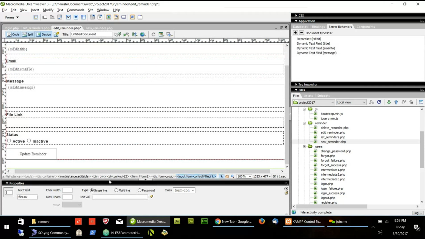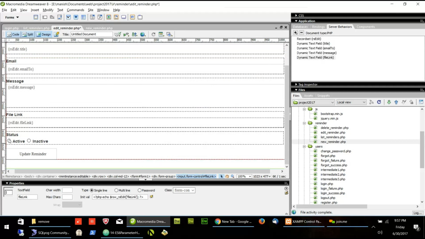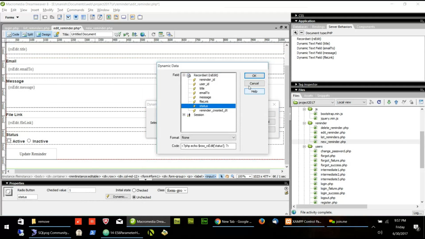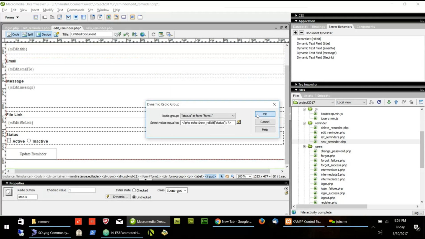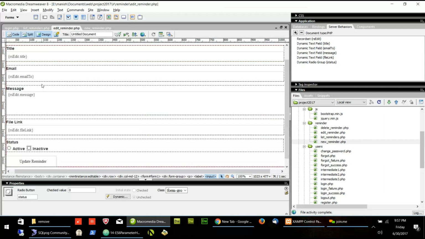I click this file link and I'll click dynamic part and I'll say file to. I'll click the active one, I'll click the dynamic one and I'll choose the status and I click OK. Once I say this one, that means whenever I load this page, this form will be pre-filled with the value which I already inserted for that record.